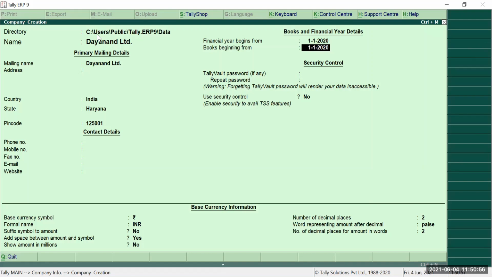Suppose my company was created on 1st April 2019, so my books are beginning from this date. But now I will be putting the date as 2020, because obviously it can't begin earlier than the financial year.